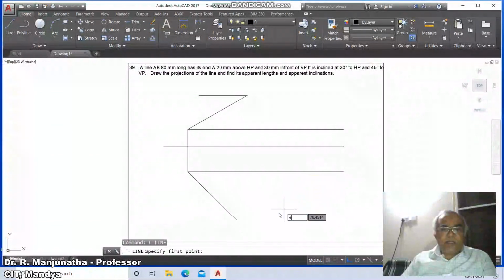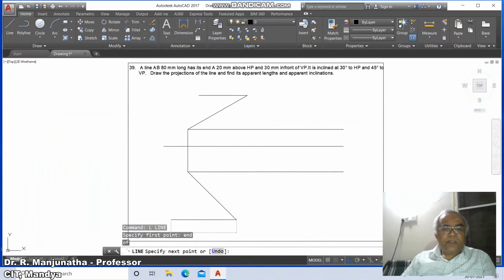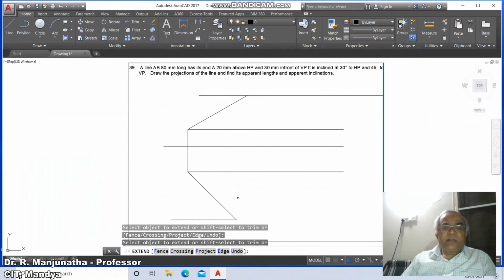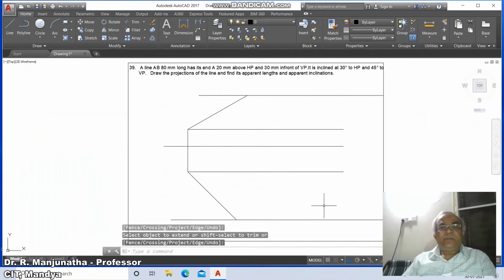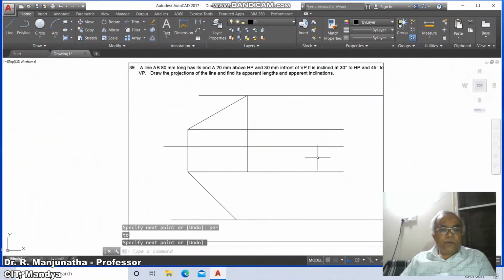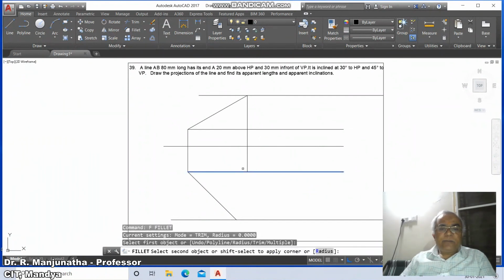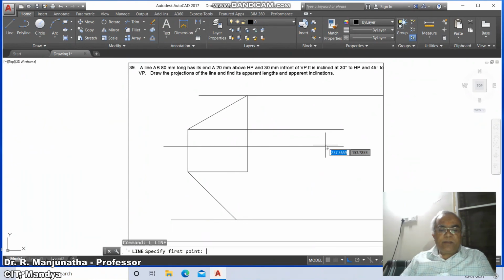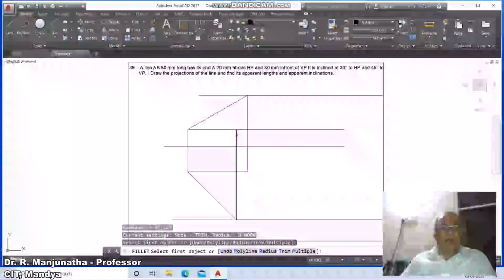Now we'll go for here, then go to line, take endpoint of this and draw a horizontal line now. So here you just extend this line on either side. You just select this as the boundary and extend this line till here and extend this line till here. Now we want to draw a line from intersection of this to perpendicular to this line. You type perpendicular to this and then go to fillet between these two. Similarly, go to line command, draw a line from intersection of this to perpendicular to this. Then go to fillet between this line and this line.